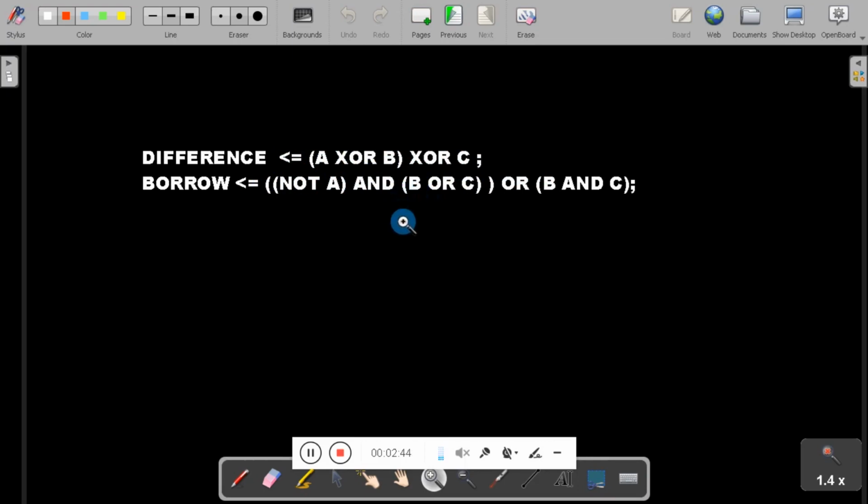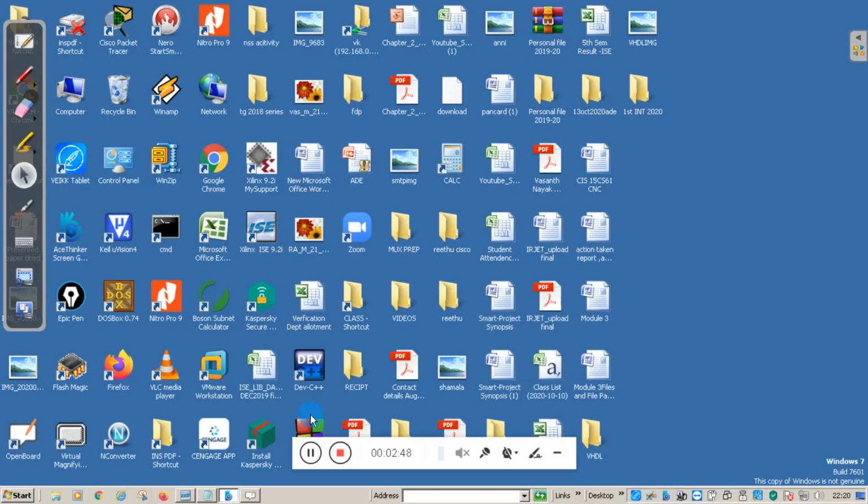We will see how to execute this using Xilinx software. Once you install Xilinx software, depending on the version, you will get the icon on your desktop. So here you can see the icon. Depending on the version, here I am using version 9.2. Latest versions are available. So when you tap on this icon,